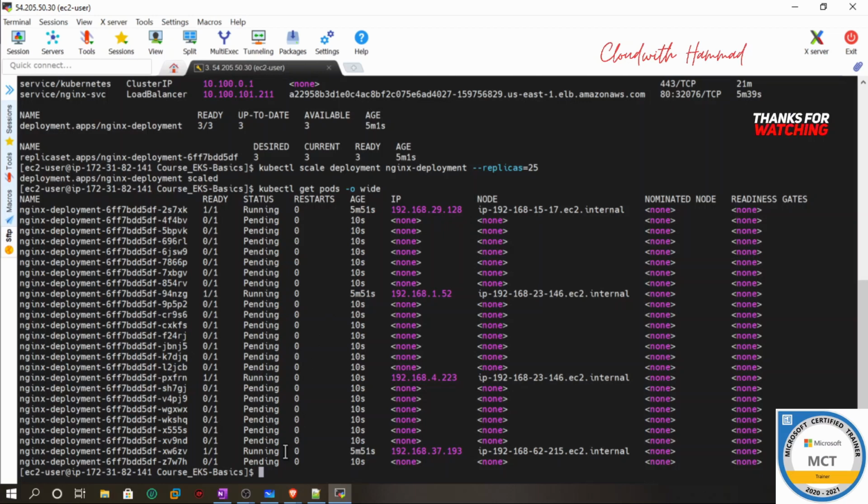Now you can see some of them are running, which are the older ones. Now it's pending, so it's going to start deploying. It would deploy pods on those 3 machines. You can see the IP addresses are different. 146, 17, 46. So slowly it's going to start deploying those Nginx images on these pods,